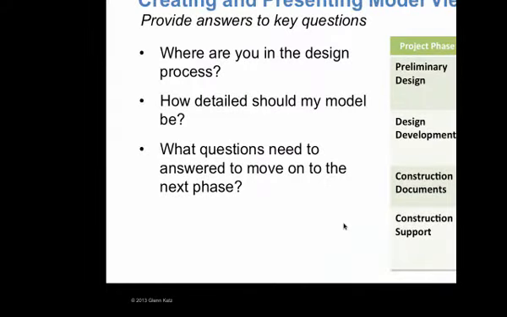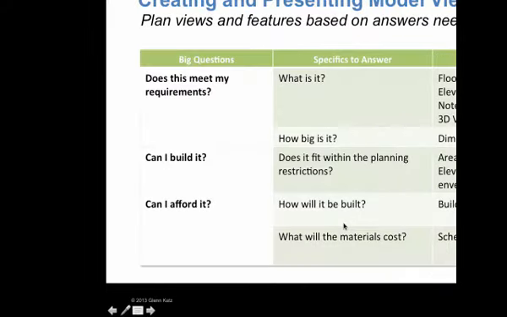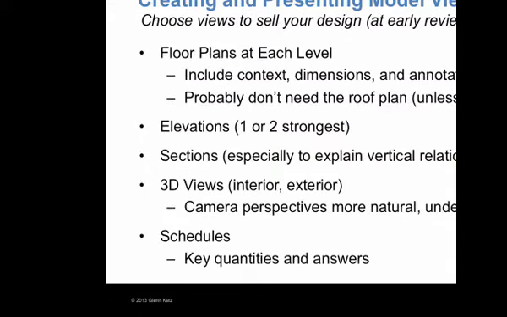So when you think about the types of details we create, and even the types of details that you're going to be putting on your first few assignments, it's often things like floor plans, and it's helpful for the floor plans to actually start thinking about putting annotations that show the dimensions and some annotations that explain what we're looking at. Elevations are often a good thing to explain the building, but I even want to caution you here,